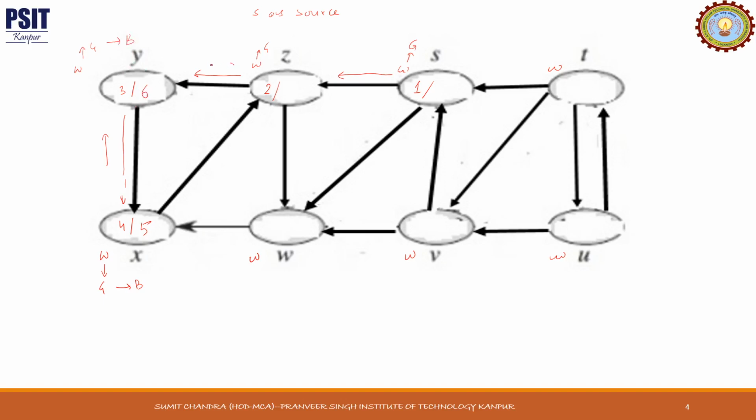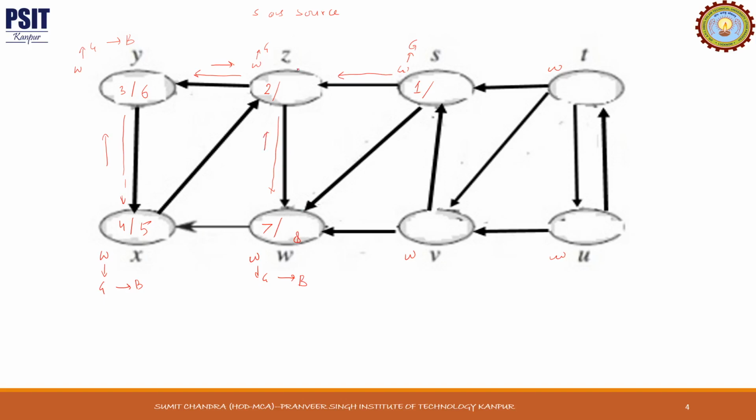Then again we backtrack, we come to Z. We see that one neighbor of Z, W, is not yet explored, so we'll go to W. We are examining the adjacency list of Z now. Y has been examined, W is left. So we'll provide a start time. The last timestamp was 6, so start time is 7 now. Now we check neighbors of W. The neighbor of W was X, already explored, so no neighbor is left. Its adjacency list has been examined, so its color will become black and we'll allocate a finish time.